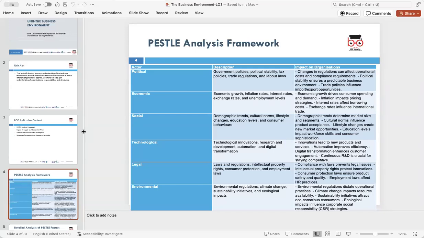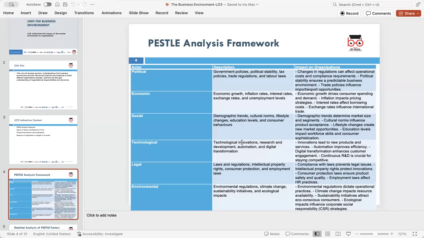if we talk about education, higher education levels can result in a more skilled workforce and more sophisticated consumers who demand high quality products. Then technological factors. Now we come to the technological factors. Technological factors include innovation,